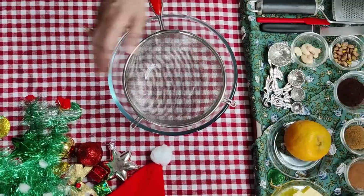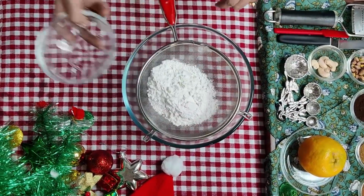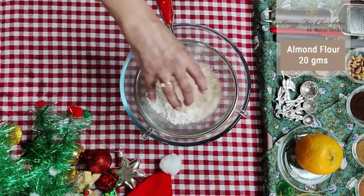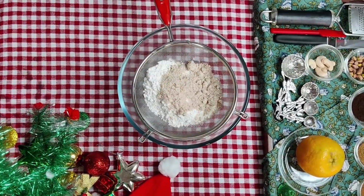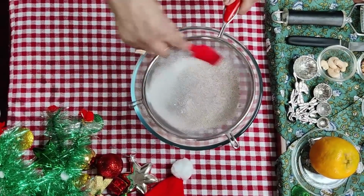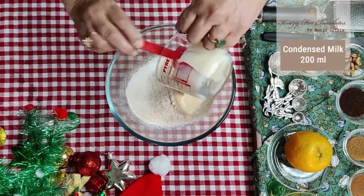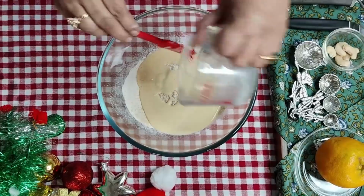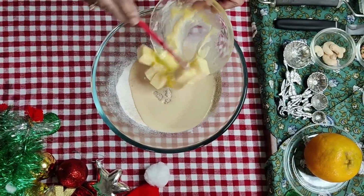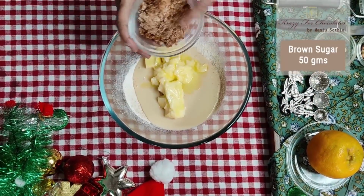Keep aside. In a bowl, add 120 grams of flour, 20 grams of almond flour, sift it, now add 200 ml of condensed milk, 100 grams of soft butter, 50 grams of brown sugar,